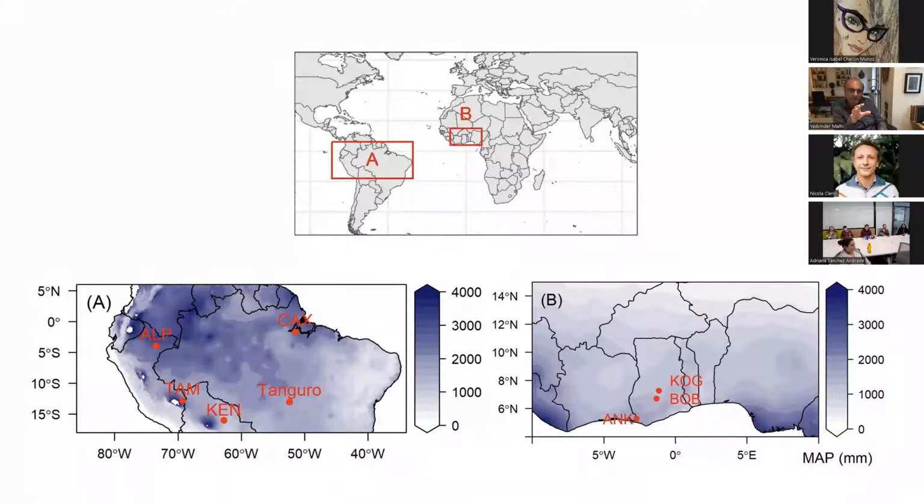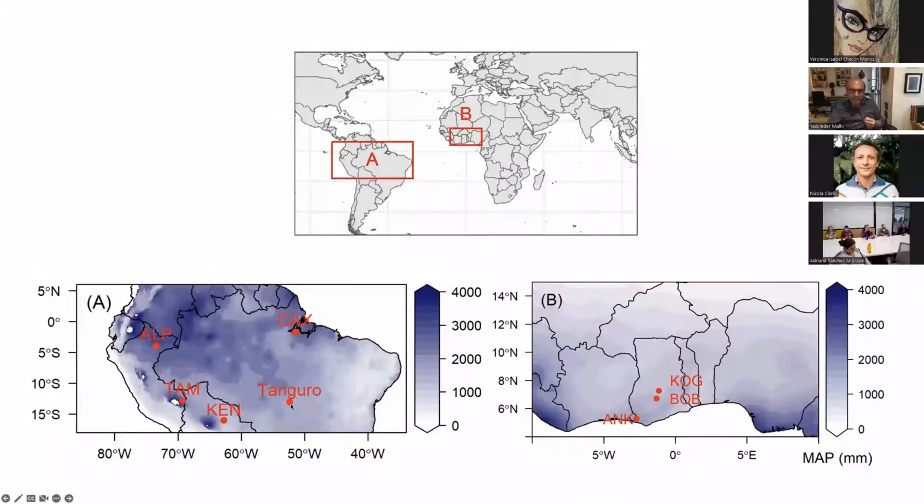So Amazonia, going from wet to dry. In these maps, the darker areas are wetter areas, the lighter areas are dry. And so in Amazonia, we had a transect in Western Amazonia on relatively fertile soils from Alpuayo near Iquitos down to a site in Bolivia, which is right at the edge of the Amazon forest biome. And then in Eastern Amazonia, on less fertile soils, we went from wet forest in Cachoeira down to very dry